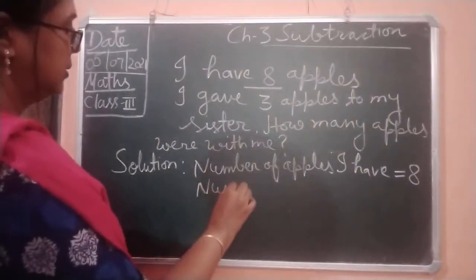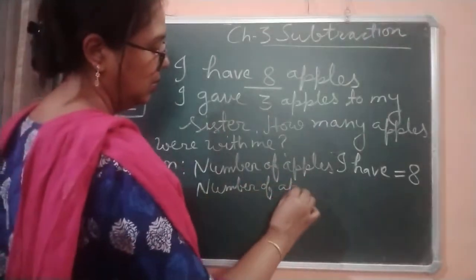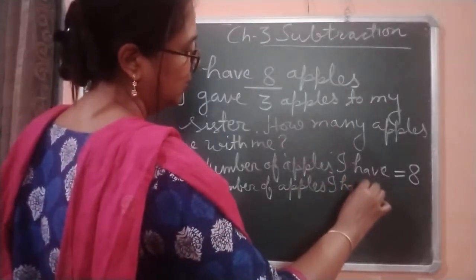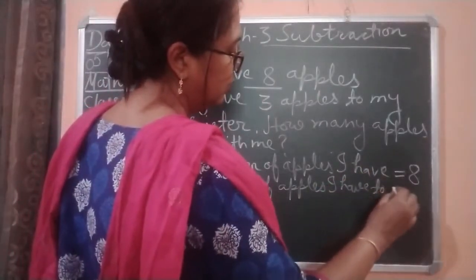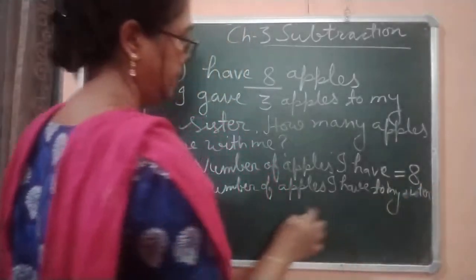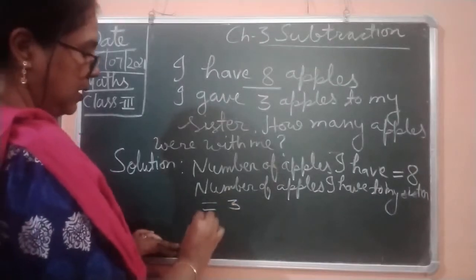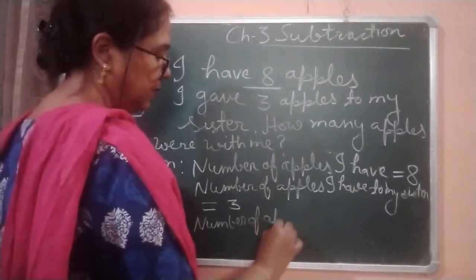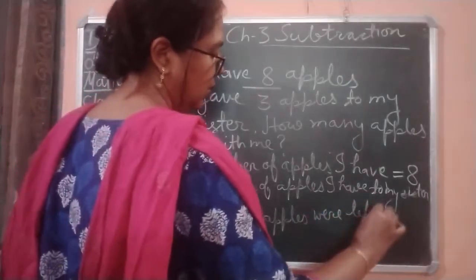Number of apples I have given, or I gave to my sister, equal to 3. So number of apples were left with me,